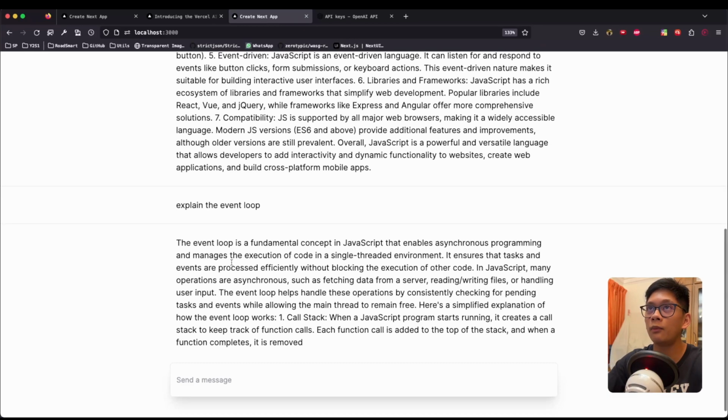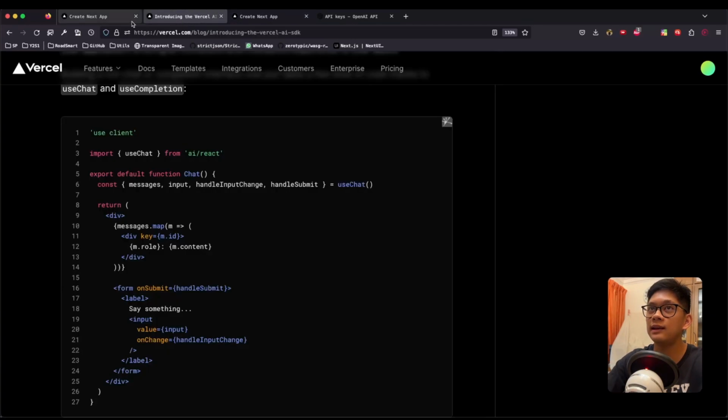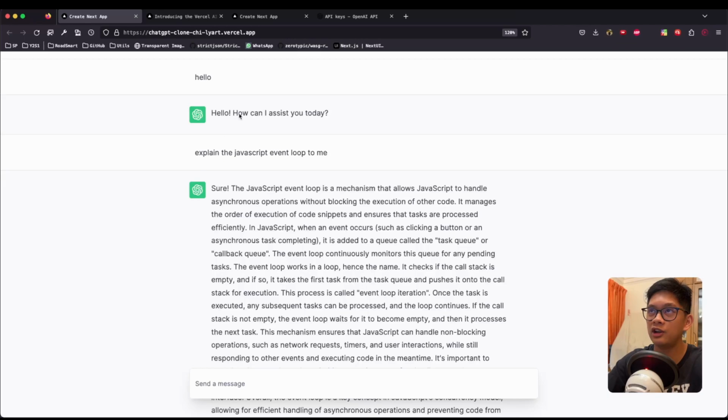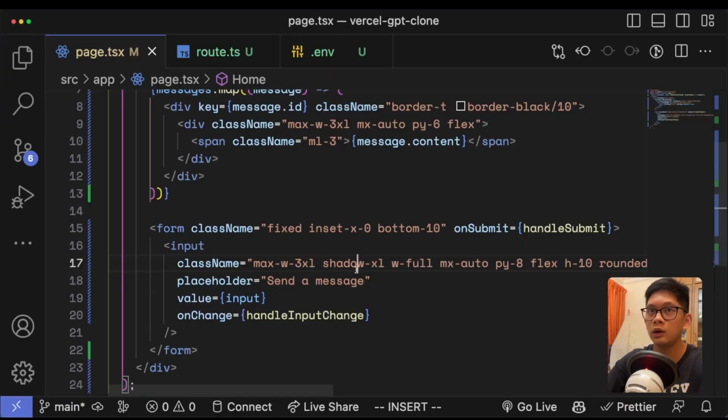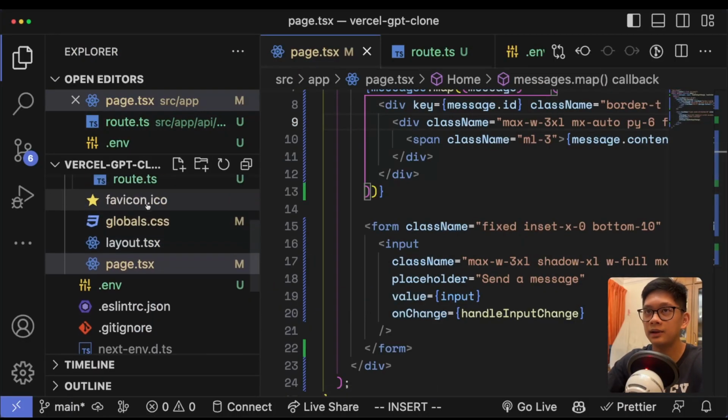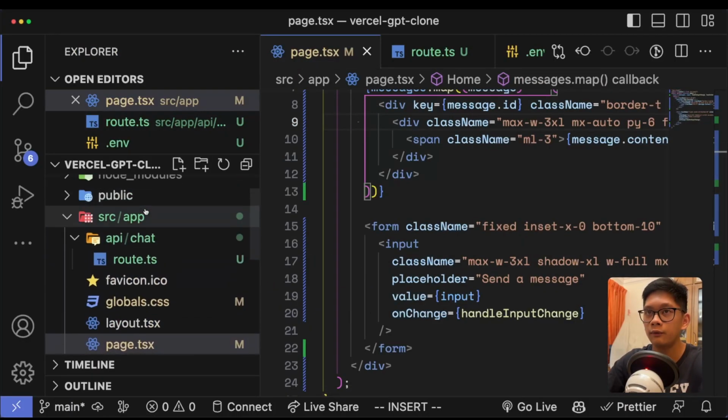Let me just add one more icon here. We can see that in the original build there's a ChatGPT icon. All I did was go to the ChatGPT website, copy their image, and paste it in. For that, I'm going to come back to our code, and for the logo,